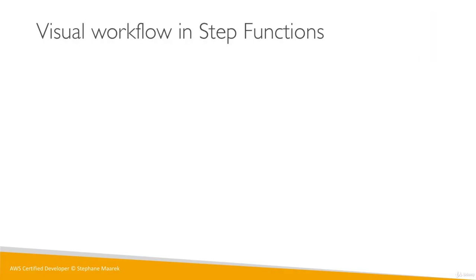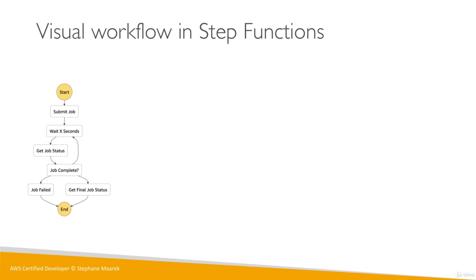Now, what does it look like in the UI? Well, you're going to create a JSON state machine and it's going to give you a beautiful graph. So here we see we have a start and an end. And so you have submit job, wait number of seconds, get a job status, and is the job complete? If so, come back to wait. If it's complete, then go to the next thing.